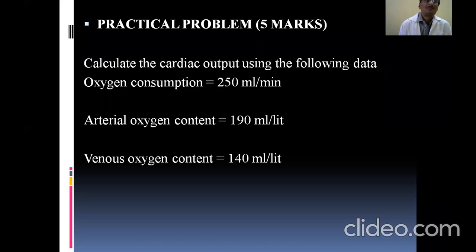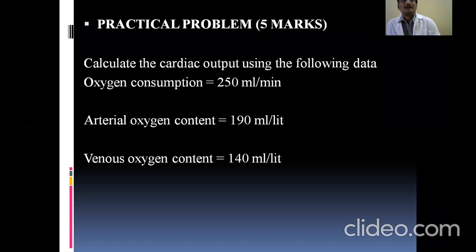Now, how is the oxygen consumption calculated? Here the individual is asked to breathe in and breathe out into an air bag containing a known volume of air with a known composition, for 1 minute. Within this 1 minute, we know the air mixture and the total quantity. From the mixture before the start of breathing and after 1 minute, we can easily calculate the amount of oxygen consumed within that 1 minute. So that is how it is calculated.